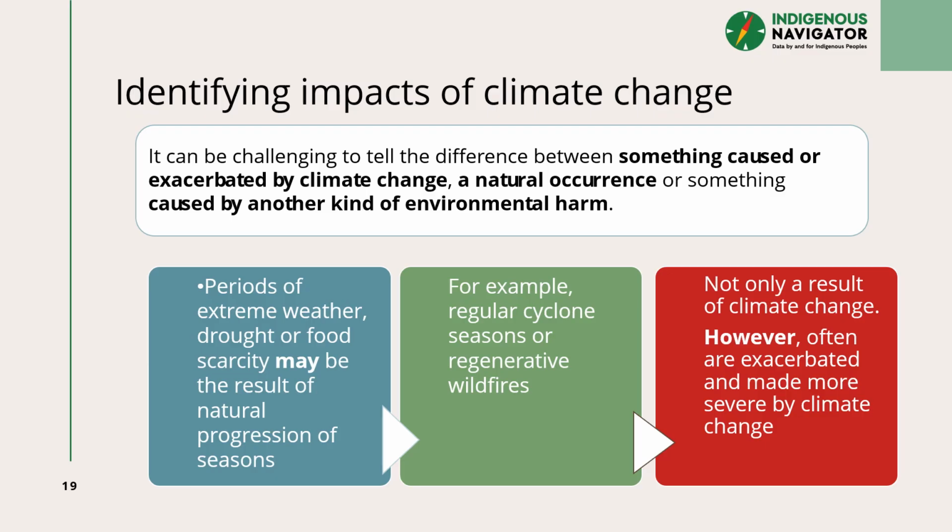In the Indigenous Navigated Climate Change module, data collectors may need to decide themselves whether something is likely an impact of climate change and what data is relevant to include or not. If you are collecting data in your community and you notice changes in seasonal weather patterns and the frequency and intensity of extreme weather events, then this is likely attributable to climate change.